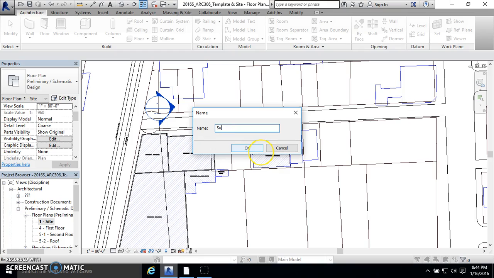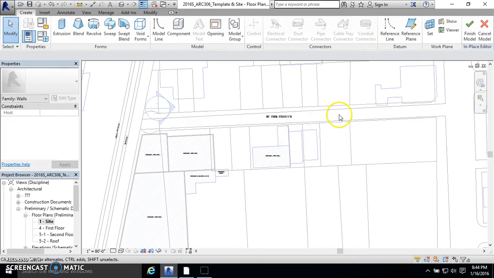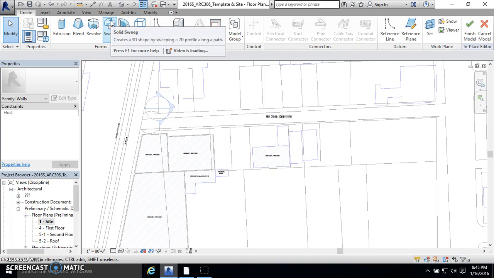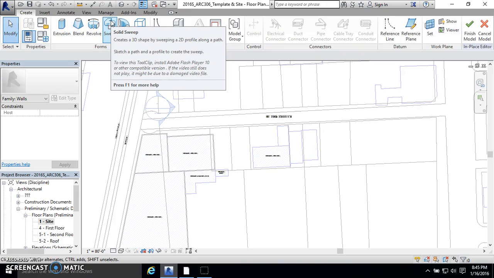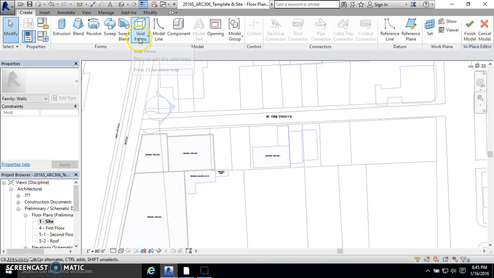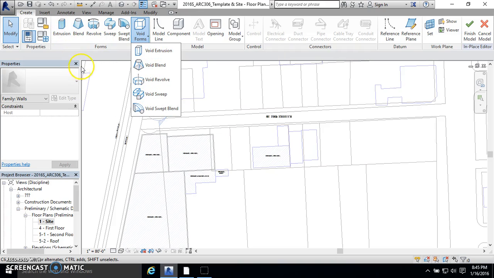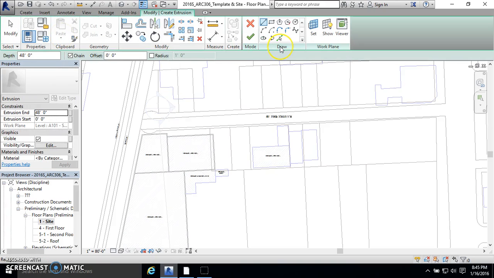And then I'm going to call it surrounding buildings. Now once I'm in this, it gives me these forms that I can use. These are different types of extrusion tools. There's 5 of them, and you can hover over them, and it'll give you a video of what they do if you hover over long enough. Eventually, I think my videos just might not be working. And then it gives the same 5 tools as a void form, so that I can subtract something from an extrusion that I made. But for these, I'm just going to do a straight extrusion,